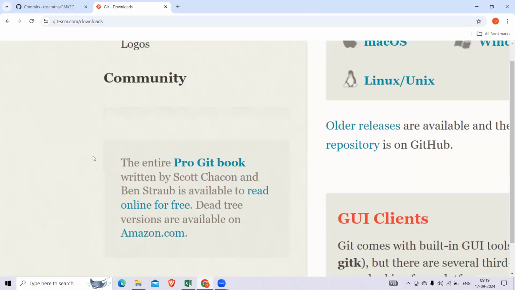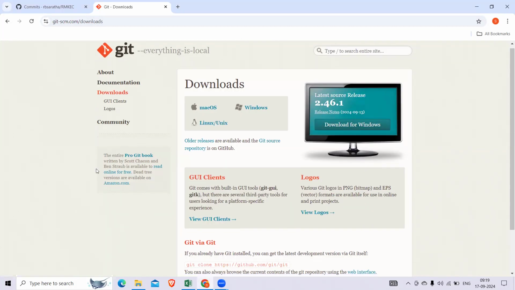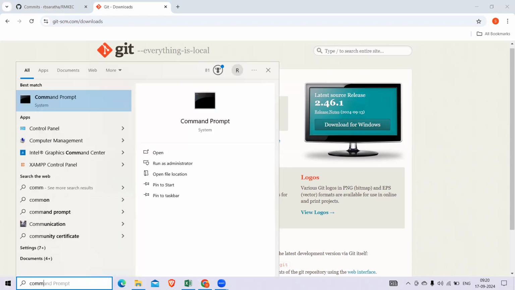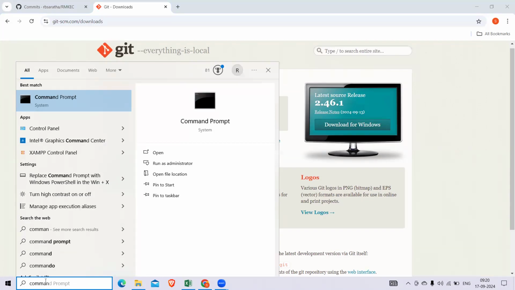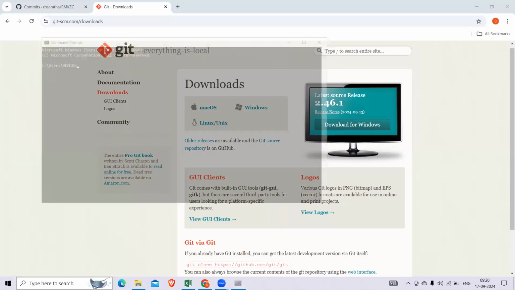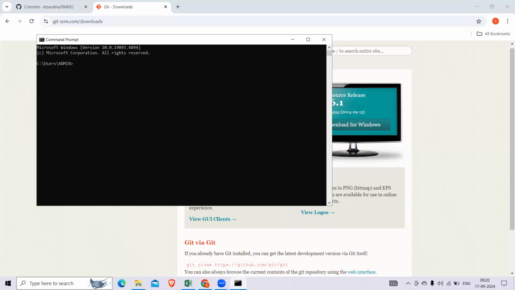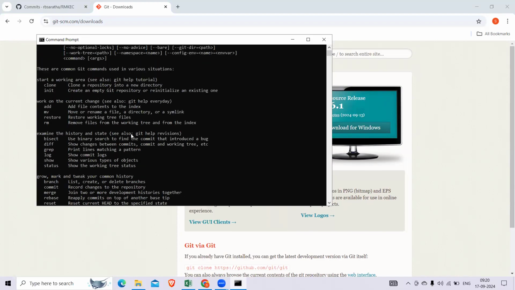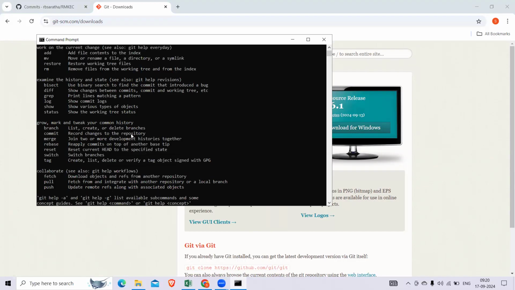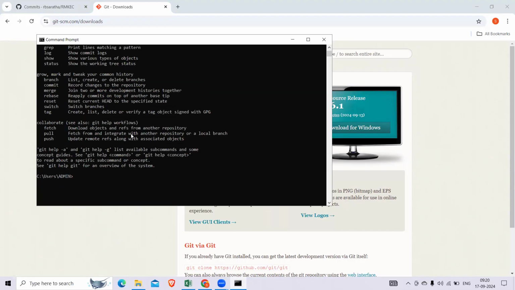After that, you are going to the command prompt in your system. We need some operation before starting the work. For initializing, we are going to the command prompt. In this, you are going to type git. After typing git, if you see these messages, then it means that your Git installation is successfully done